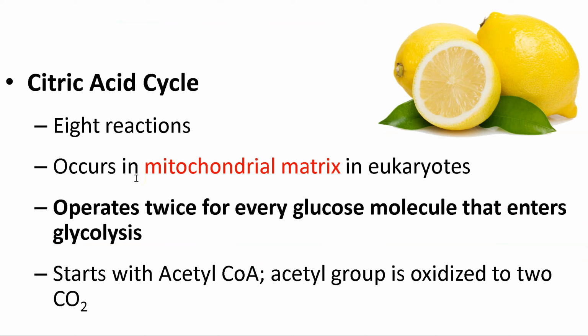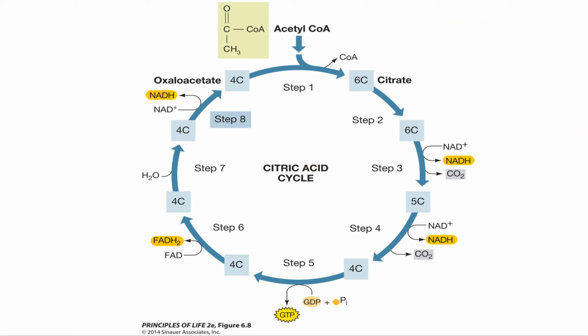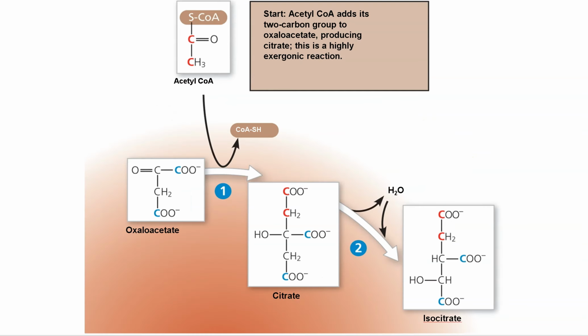You don't have to know the molecules. Again, it's beyond the scope of this course to know the molecular formulas and all the enzyme names. But in general, knowing where it's happening is always important: mitochondrial matrix. Knowing what the goal is is always important. What's the goal? We have CO2 being released. There's the 2 CO2s, right? Boom, boom. 2 carbons, I mean. Make NADH. Make NADH. GTP, which is a form of ATP. FADH2. Those are our goals, right? Those are our goals. And so, just seeing a little biochemistry, here's what's happening.